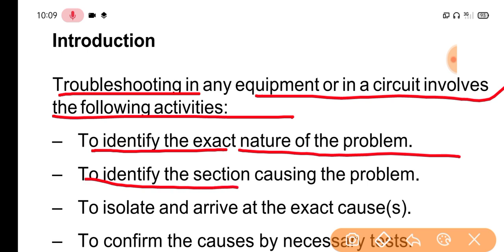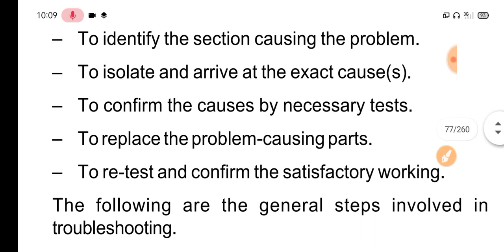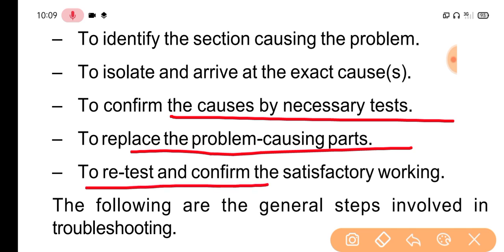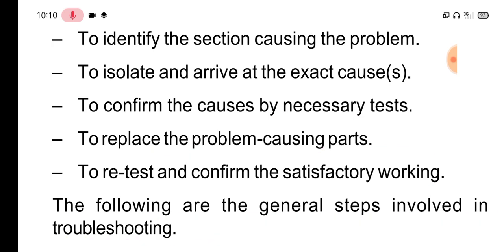to identify the section causing the problem, to isolate and arrive at the exact causes, to confirm the causes by necessary tests, to replace the problem causing parts, to reset and confirm satisfactory working. The following are the general steps involved in troubleshooting: